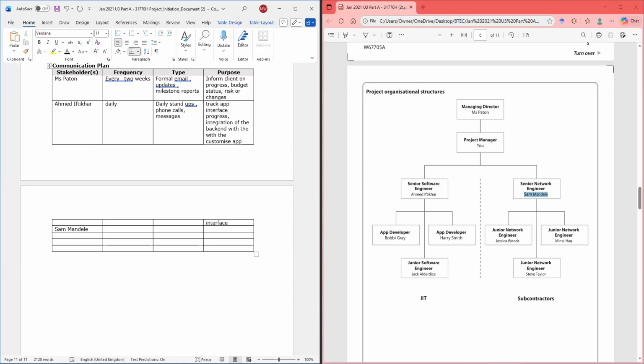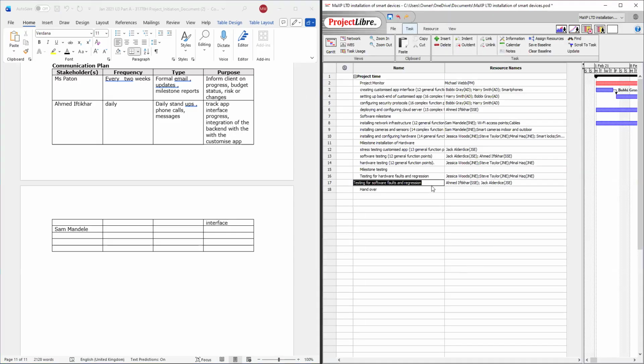Customized app interface. And we can look at this thing here and see what else. Security protocol.